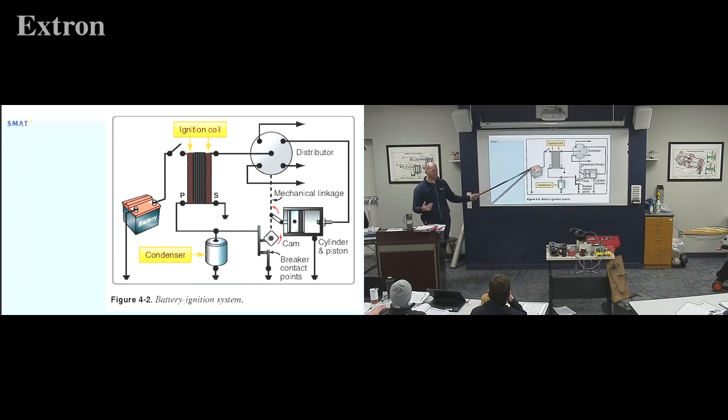So, this is possible, and in an ironic twist, once we go up to computerized systems, we're actually back to a similar version of this. So, this is simpler, it makes more sense. We open the breaker points, we get a spark. Makes sense, but relies on the battery. So, about 100 years ago,